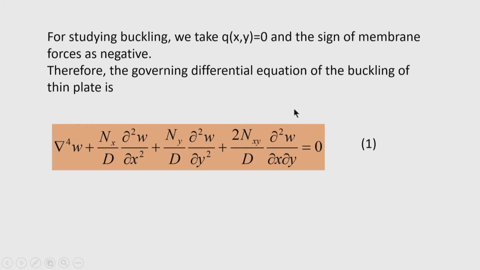So, this equation is the equation of buckling of a rectangular plate, a thin rectangular plate. Of course, we have assumed the thin plate assumptions. Now, to find the critical load on the plate, we shall first use the analytical method using the Navier series, because Navier series is suitable for a plate which has all 4 edges simply supported.